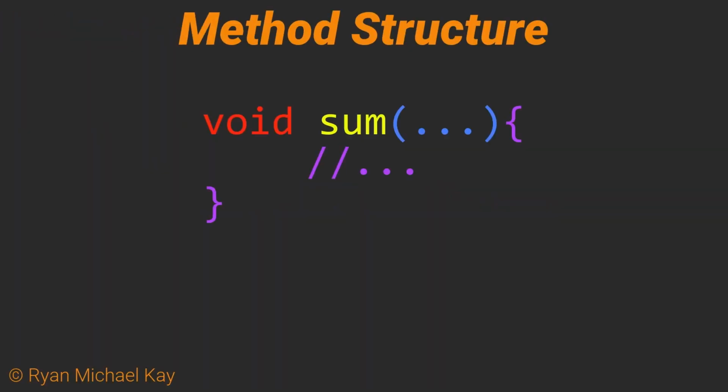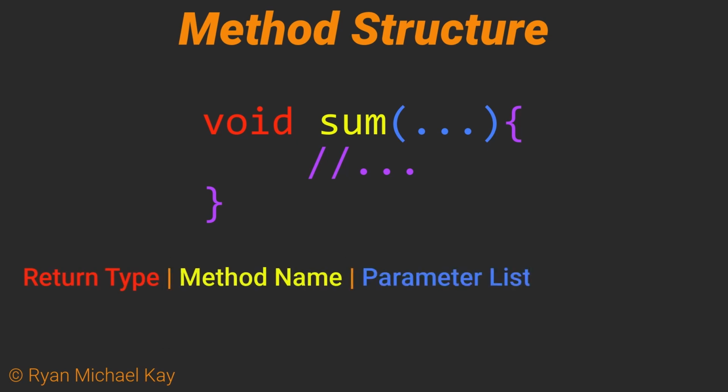Let us start with things that are absolutely necessary for any method, except for constructor methods, which we have looked at before. First, I will give you an overview, and then we will look at each part in detail. Every method must have at least 4 basic components: a return type, a method name, a parameter list, which can be an empty set of parentheses, and a method body, which refers to anything between the curly brackets.